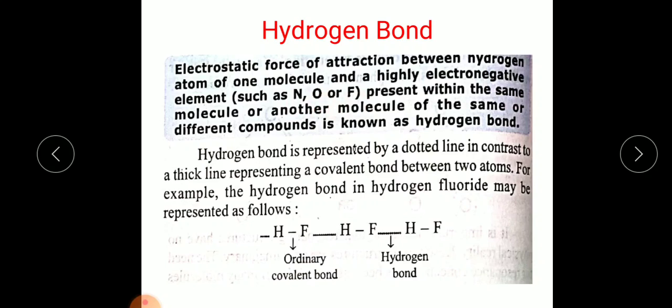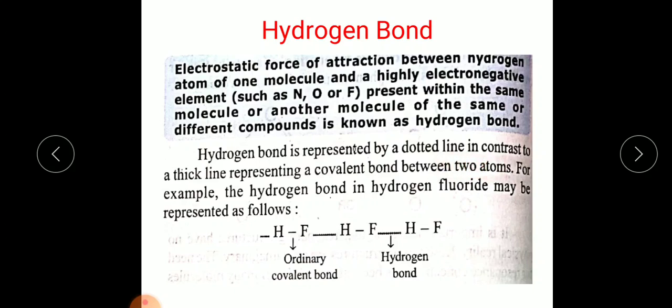Say for example, if you see this HF molecule, hydrogen fluoride, this is also an HF bond. Now the bond that is formed between this fluorine, which is a highly electronegative element, and hydrogen will be called a hydrogen bond, and this HF bond, the bond between hydrogen and fluorine, will be called a covalent bond. Remember that one highly electronegative element and hydrogen will form a hydrogen bond, and